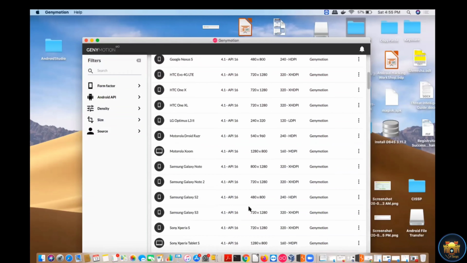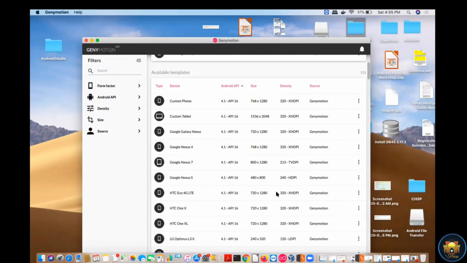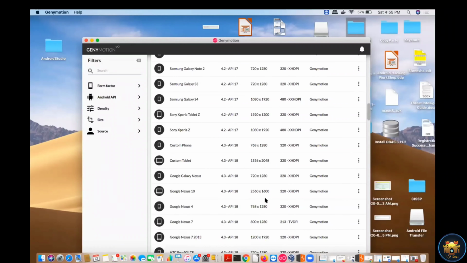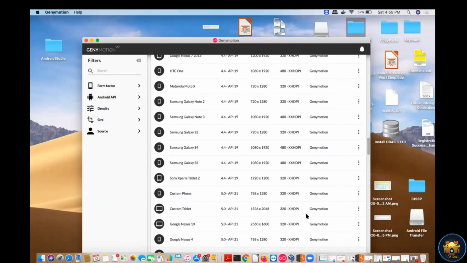for Genymotion, right? So if you want to work on any API level or OS version, you can select from here. Like if I want to work on the Google Nexus 7, whose operating system is 4.1 and API level is 16, you can try to install from here, right? Just right click on this and click on install, and then it will get installed in your Genymotion interface, right? In the same way, you can choose what API level you want to work on, and what Android operating system you want to work on, right? There are so many templates available, right?